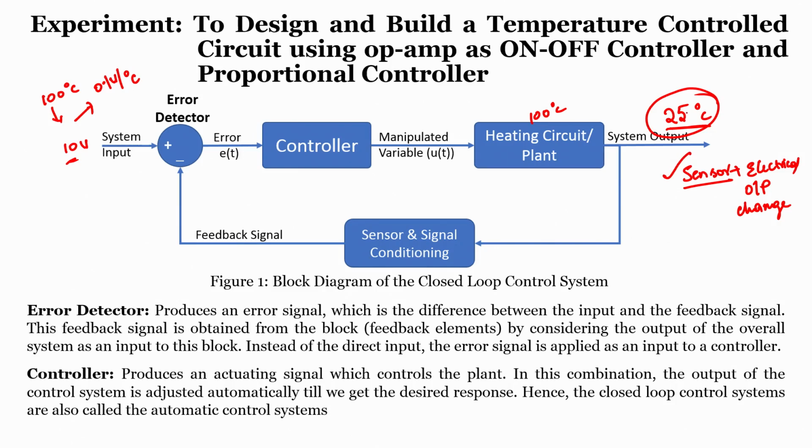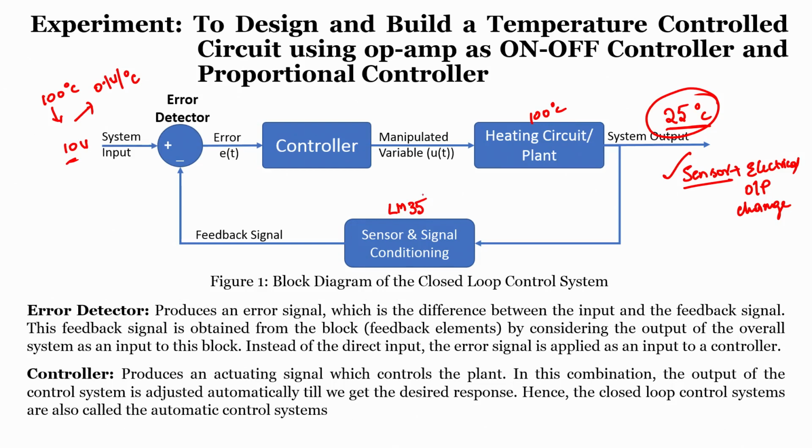So, even in this case, temperature is heat, which by touching only we will understand. So, in order to give it as an input to this particular system, we require to convert it to electrical output by using a sensor. For that case we are using LM35. So, we will stick LM35 on top of our temperature plant, right.